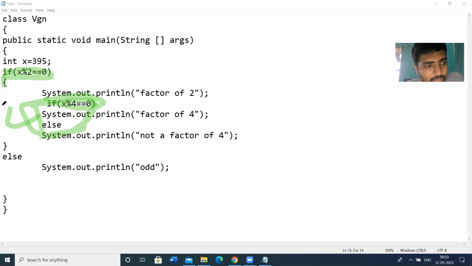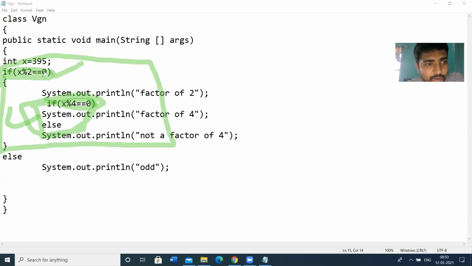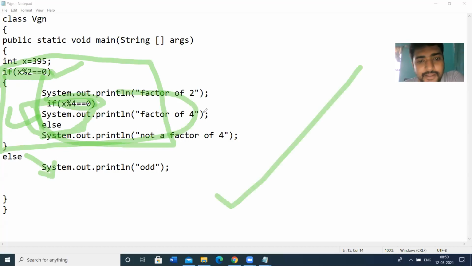So this is the main if block. If this condition is true, this block will be executed. If this condition fails, the else block will be executed. So these are the main variations in the if statement. In general we have if else, then nested if else, and the if else if ladder. That means else if chains.